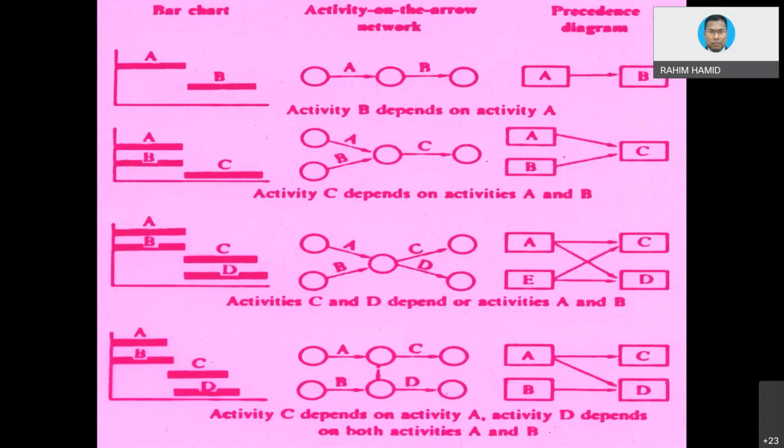Now let's take a look at this diagram. A and B start at the same time and also finish at the same time. Then C will start after these two events. So how do you draw it in terms of an AOA diagram? You start with